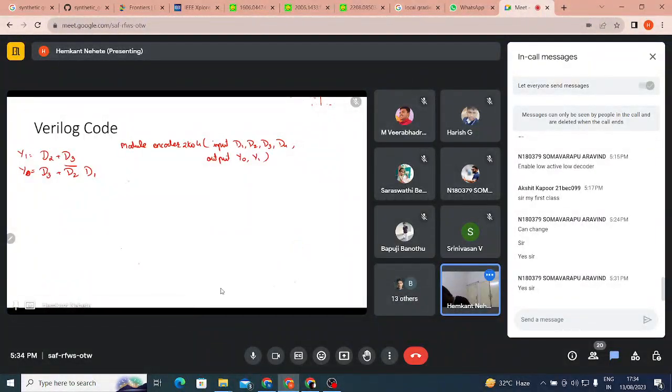So we just wire not d2, d2 bar comma d2, and we have assign y0 equal to,